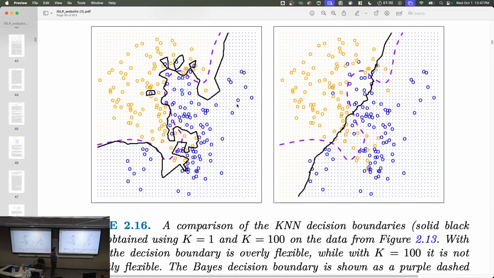So on the left side, they're doing k equals 1. For example, if you're in this little blob over here, your nearest neighbor is blue, so we think that you should be blue. Whereas in k equals 100, it's a lot more of a straight line. So this is a little bit like a very small window or a very large window. And this k nearest neighbor algorithm is a pretty good way to do things if you can balance the overfitting